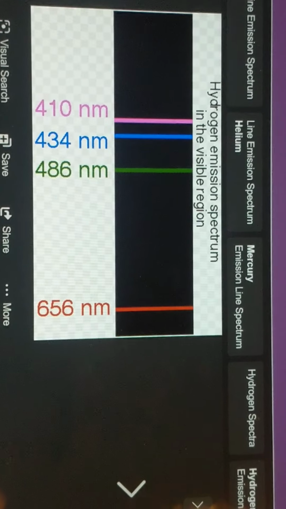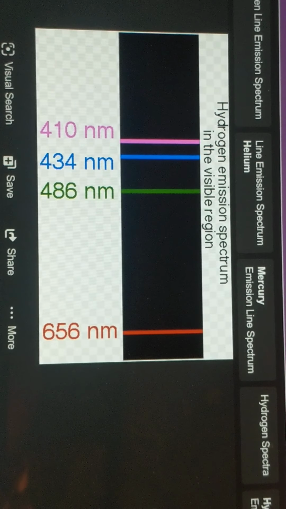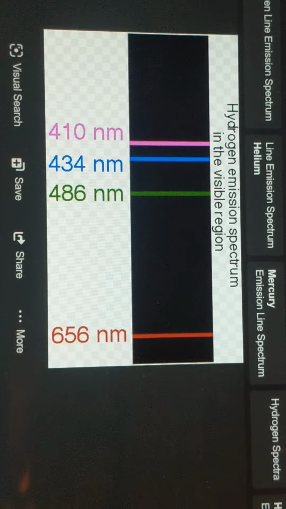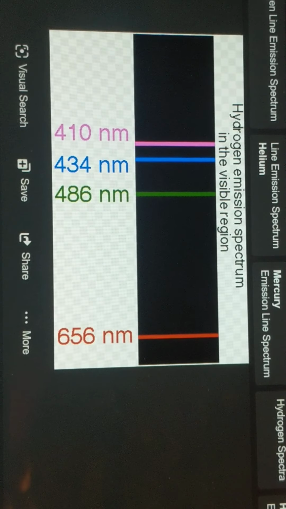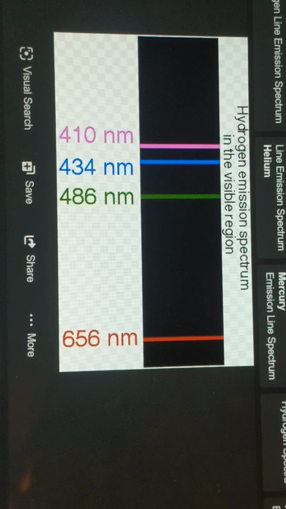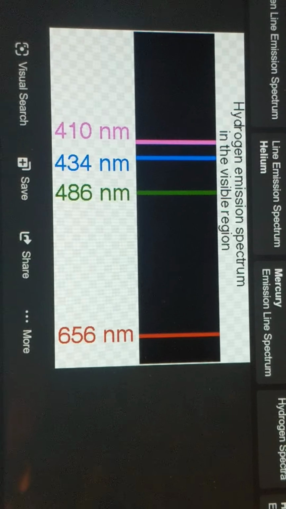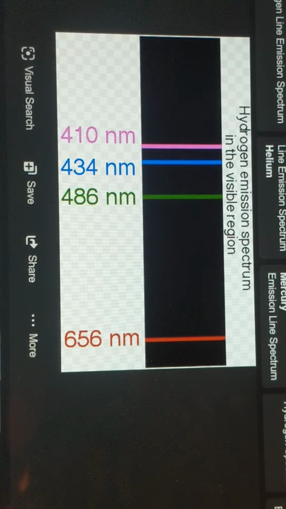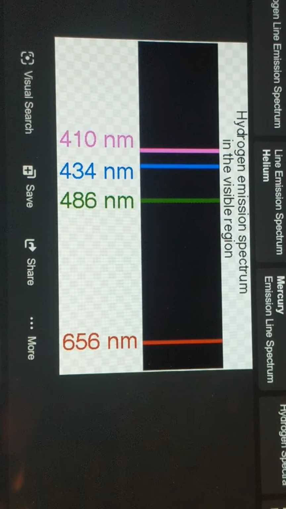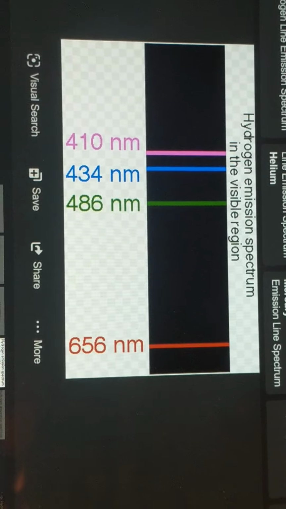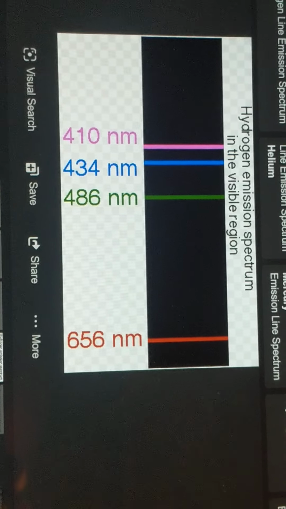And this is one of the reasons why, when they went to discover, this was all discovered in the early 1900s, and when they discovered helium, it was the spectra of helium that they discovered, and they discovered it by looking at the sun with the spectroscope, just looking at the light coming from the sun. And this is also why you can look at any star today, put a spectroscope on it, and see this is like a fingerprint for elements. And so, if you see the intensity of all these lines and where they're at, you can tell how much hydrogen is on it by percentage. You can tell how